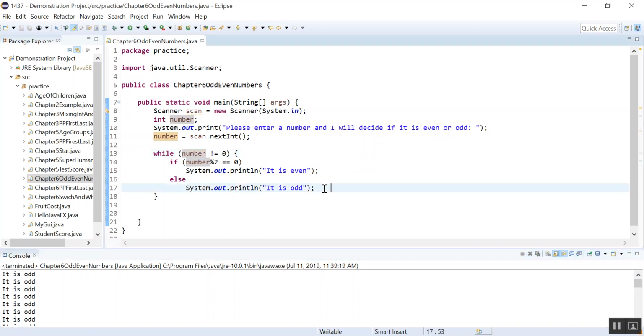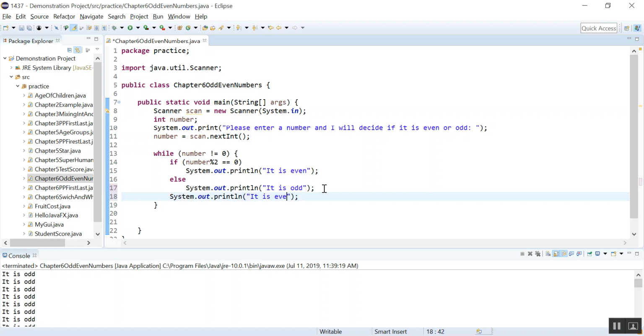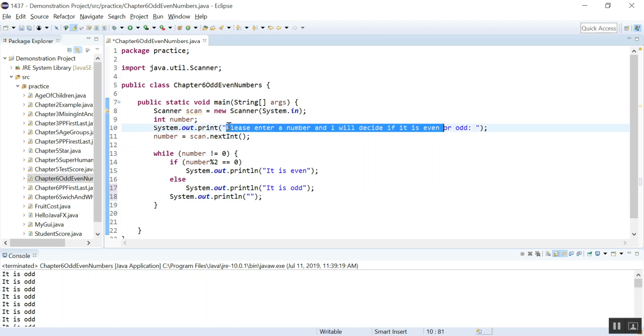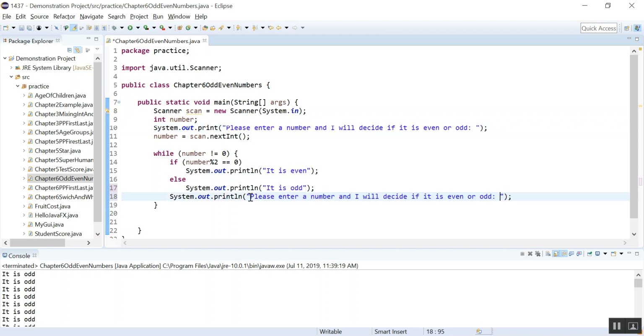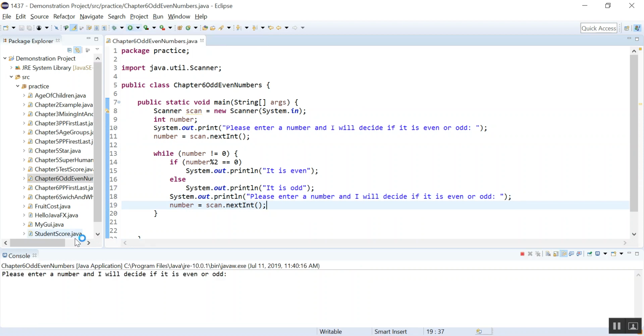Okay, so at the end of the while loop, we always want to refresh, right? So we want to give the user instruction to let the user enter a new line, okay? And we also want to read a new value so that the user has a chance to stop or enter a new value. Okay,